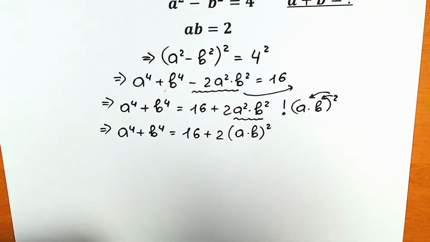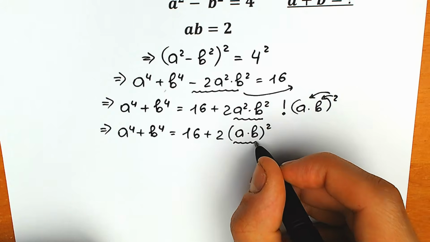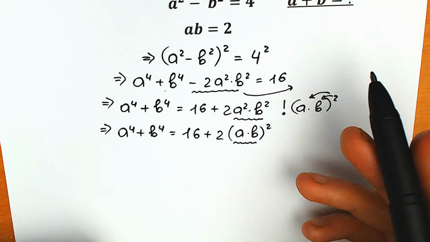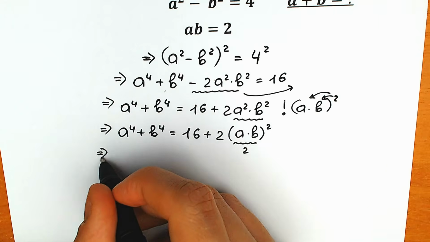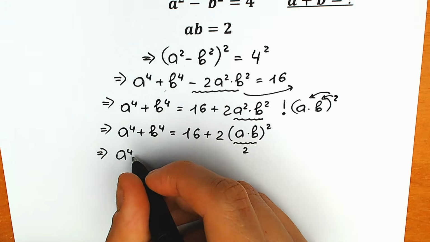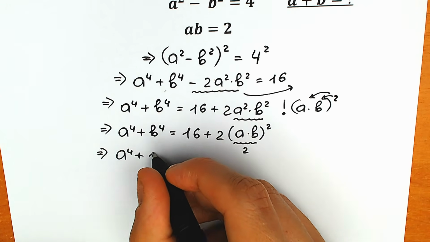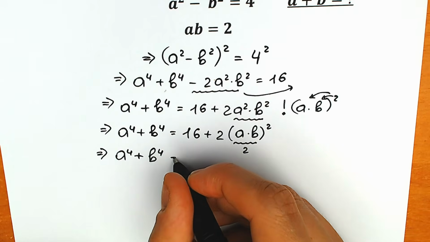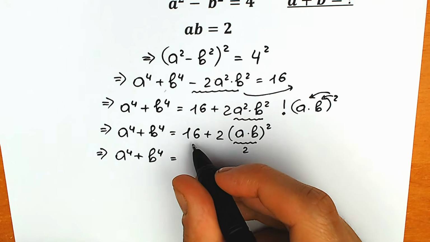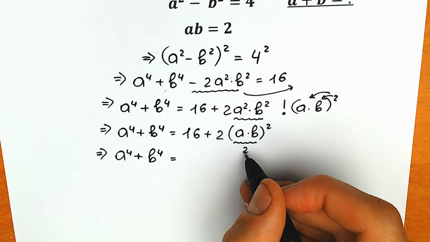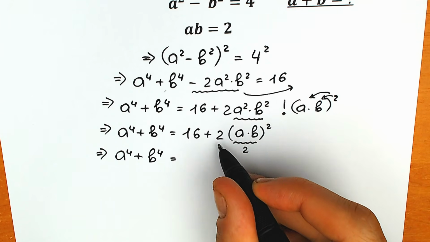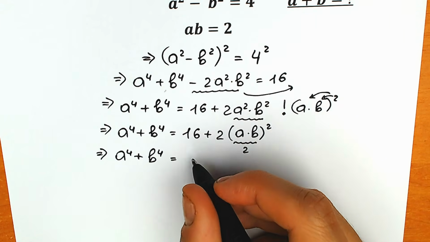What are we going to do next? Right now, the product a times b is already known. We know it from here. So a times b equals 2. So at this point, we can solve for a to the power 4 plus b to the power 4. We can find this expression: it equals 16 plus 2 times 2 squared, so 2 squared equals 4, 4 times 2 equals 8, 16 plus 8 equals